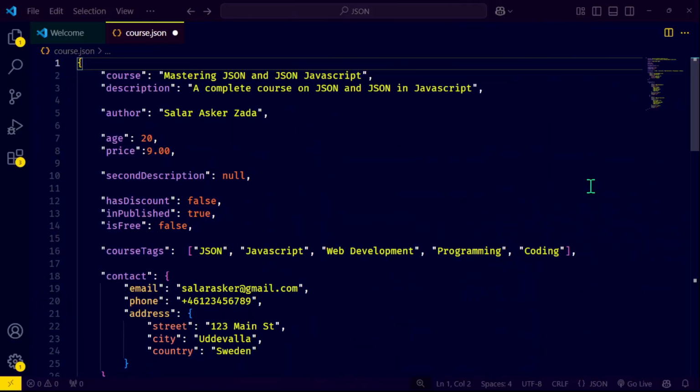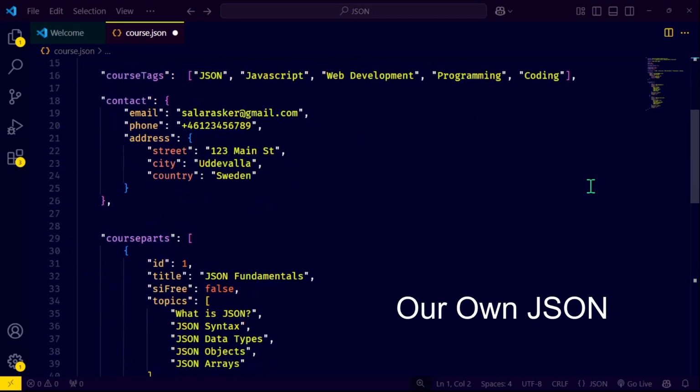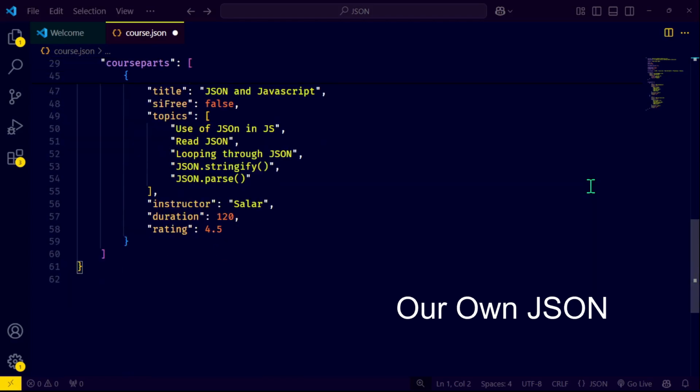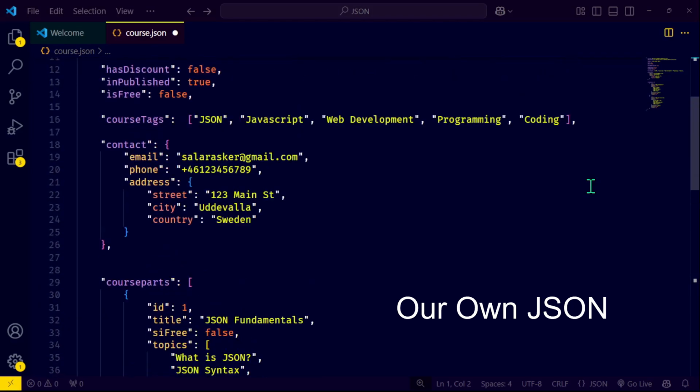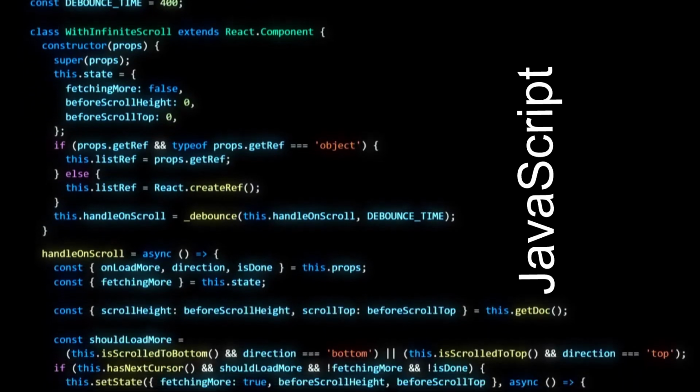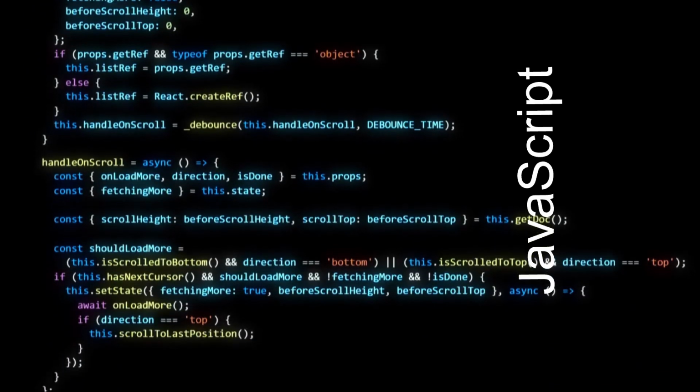I will also introduce you to some online resources where you can validate your JSON and store your JSON for some time. We will prepare a JSON document with all the data types and the nested types, and once the document is ready, we will use it in the JavaScript. The JavaScript is another very short part of this course in the end where we will try to read JSON